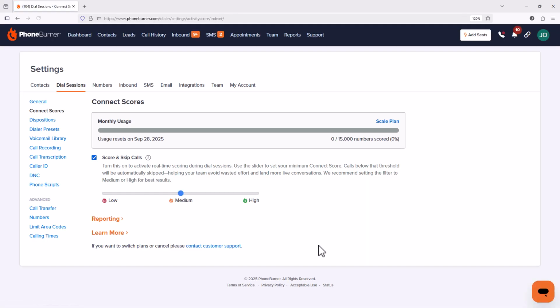And now we're all set. It's turned on. But how do we take advantage of it? There are a lot of different ways that we can take advantage of this feature. And the first option is to automatically score